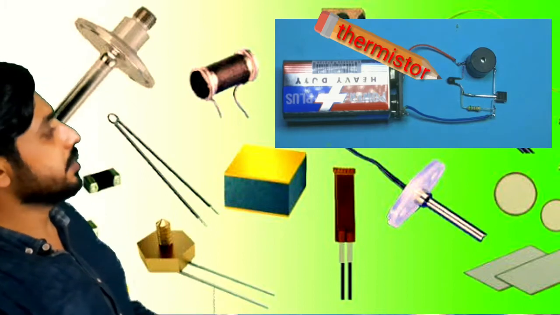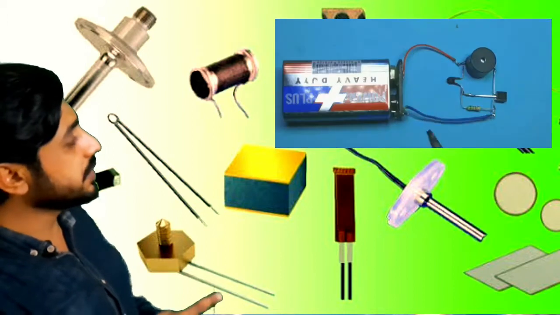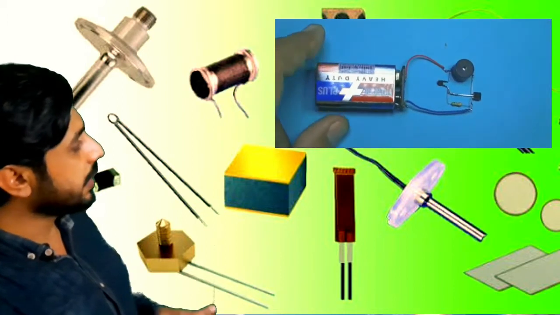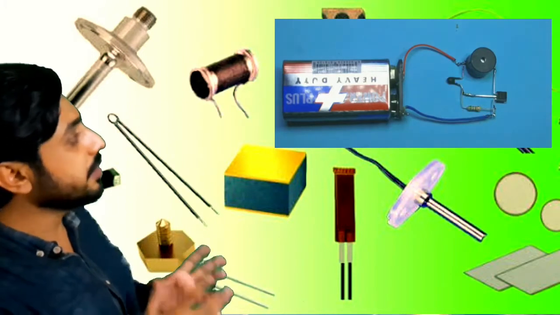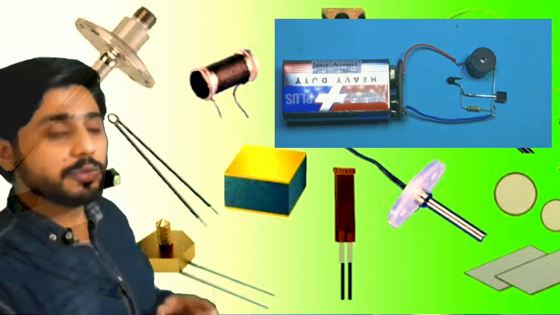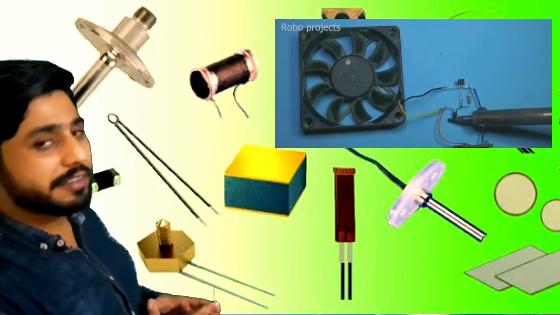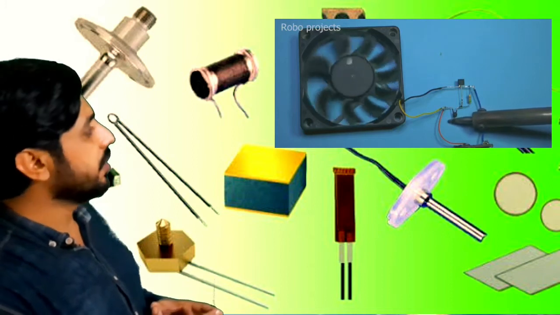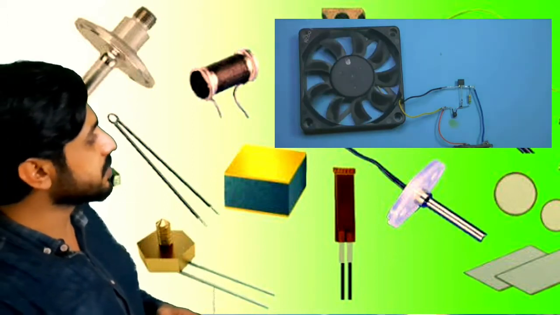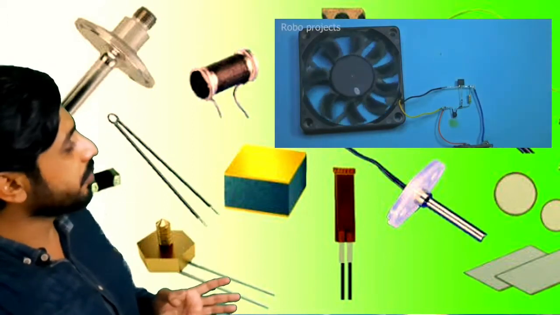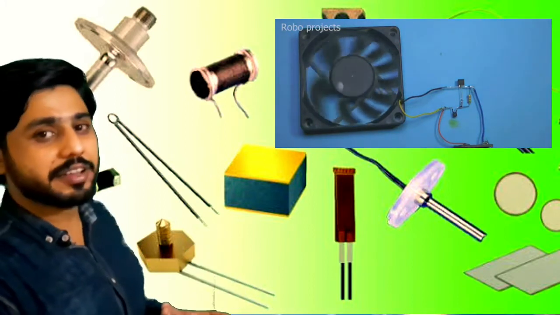If we heat this fire alarm, then that thermistor will convert the change in temperature into voltage, and that voltage will run the fire alarm, and we will hear the clear sound of the fire alarm. Now we will discuss the second application. In the second application, it is connected with a fan and it controls the speed of the fan. If there is more temperature in the room, like here we heat the thermistor, this thermistor, same as before, converts the temperature difference into voltage, and that voltage will run the fan.